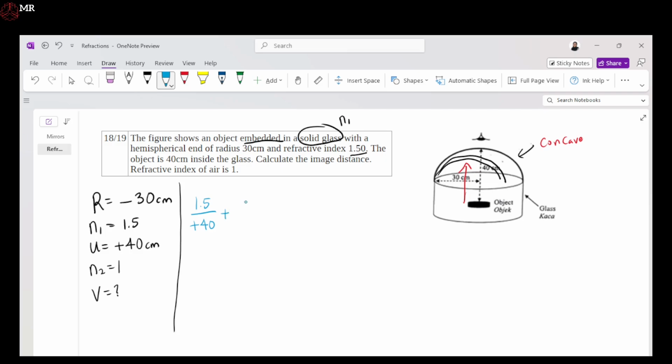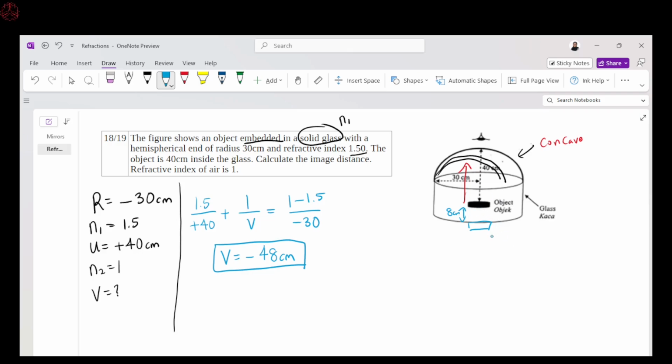40, plus the medium that the object is not in, which is the air. I will have 1 over v, which is what I'm looking for, equal to 1 minus 1.5 over negative 30. Again, I can quite easily input this into my calculator. I will have that my v is equal to negative 48 centimeters, which means that the image formed is much deeper. In fact, you have to add approximately 8 centimeters